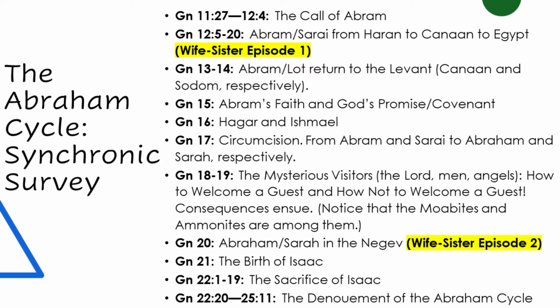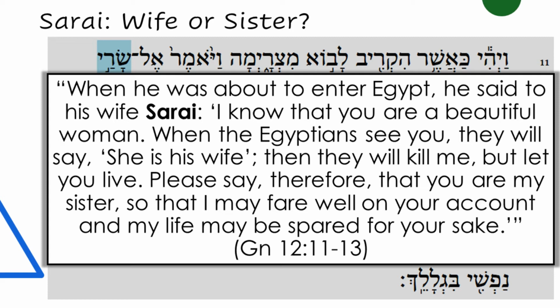They're not the most famous parts of the Abraham cycle, but there are two specific episodes where Abraham has Sarah pretend to be his sister rather than his wife. Abraham does this to save his life. He knows that Sarah is very beautiful and that she may be taken captive and Abraham killed if these more powerful people lay eyes on her. Let's look at chapter 12 and see how this takes place.